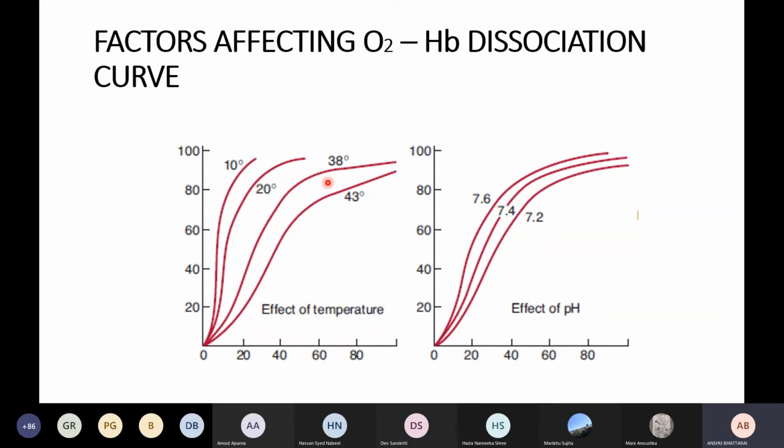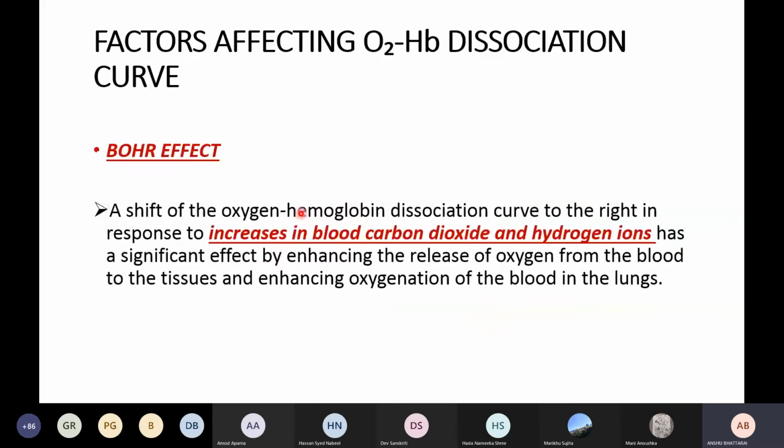Talking about temperature also, when there is an increase in temperature, there is a rightward shifting of the oxygen hemoglobin dissociation curve. So it is shifting to the right and more oxygen is being made available to the tissues. Again, very convenient because metabolic processes are continuously taking place at the tissue and cell level. The temperature is increased there and there is facilitation of more release of oxygen from hemoglobin. So these are the two important factors. And like I said, it is known as the Bohr effect.